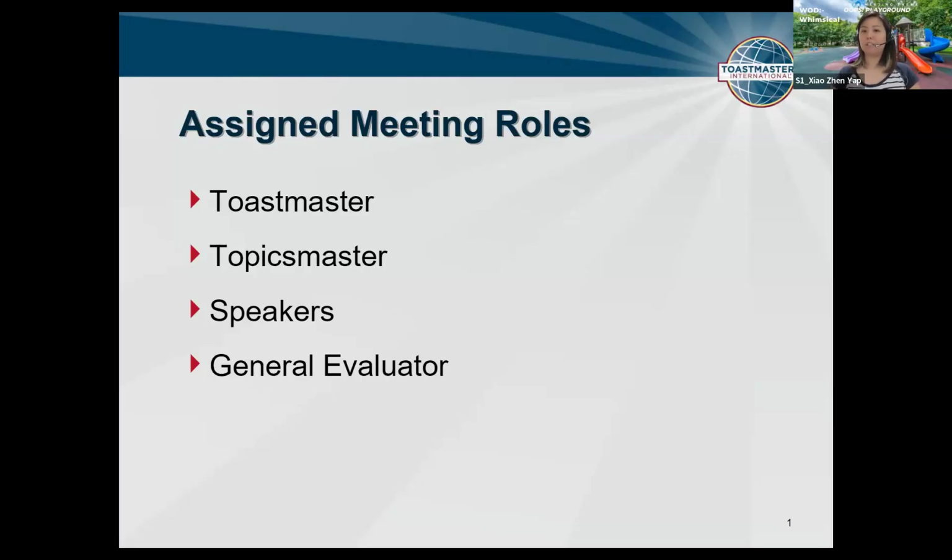I will introduce the technical role players later. The general evaluator will observe and evaluate the overall meeting and provide constructive feedback in their own GE report. And normally, the general evaluator will be assisted by, next row please,